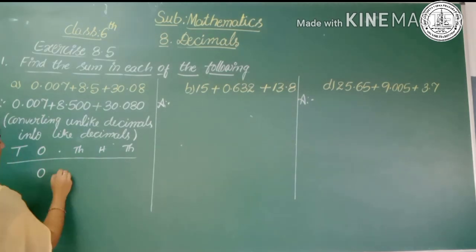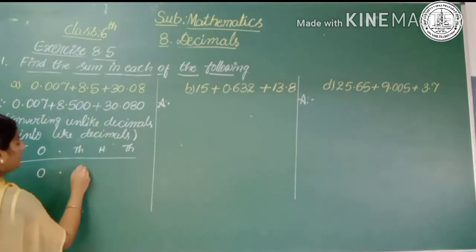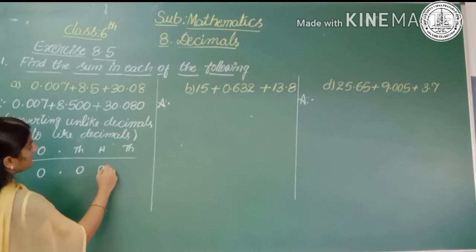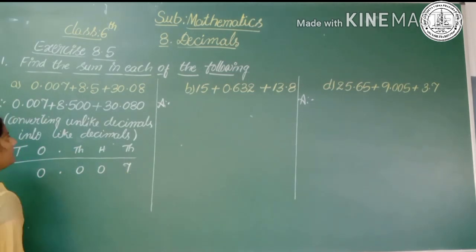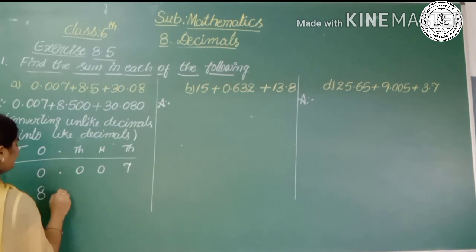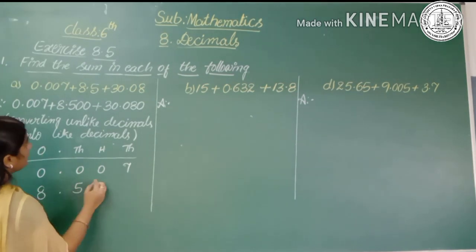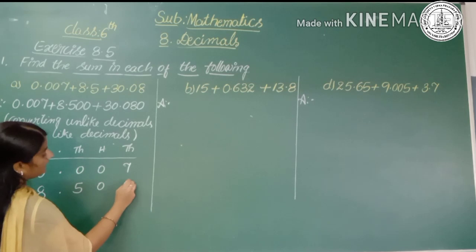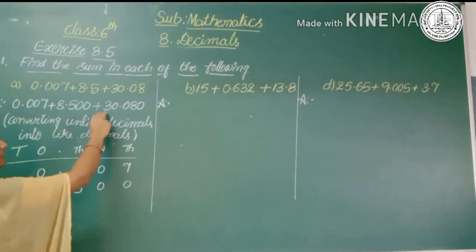Okay, then keep the point. 0 in the tens place, 0 in the hundreds place, and 7 in the thousands place. Then 8.500. So 8 is in the ones place, 5 is in the tens place, 0 is in hundreds, 0 in thousands. Okay, then the third number is